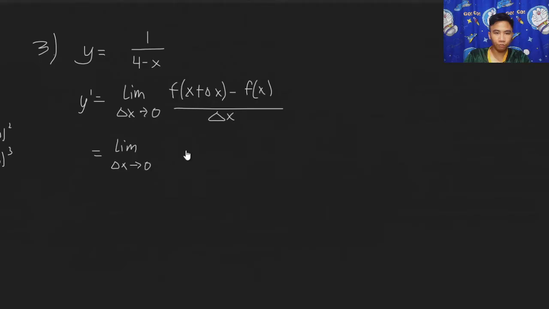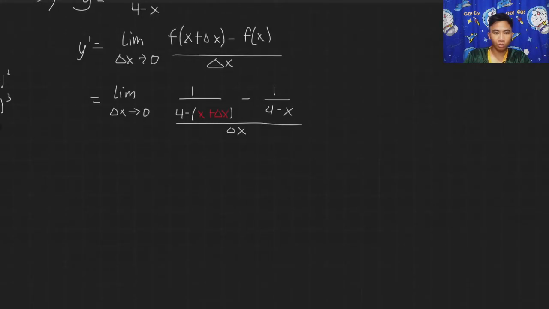Ayan. So, 1 all over 4 minus the x plus delta x. So, don't forget the parentheses, okay? Minus the original function, which is 1 all over 4 minus x, all over the delta x. So, simply, ayan, simply,